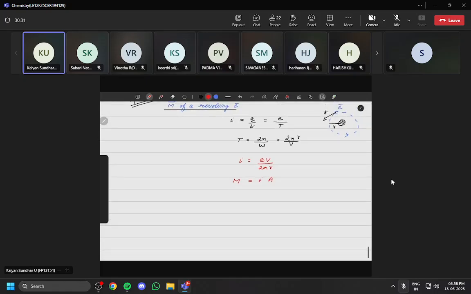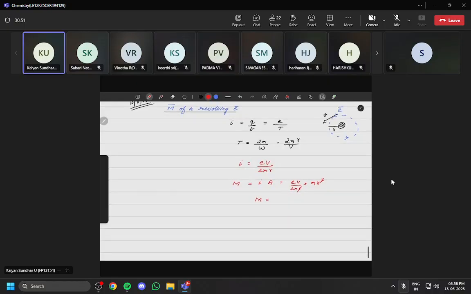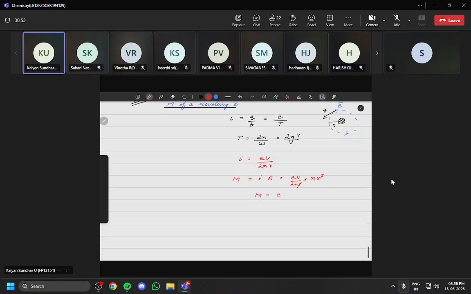So I into this: this is the current value and the area vector, and this is making what motion? Circular motion, and it's going to cover an area of the circular path. So area of a circle will be pi r square. So I can write this as e v divided by 2 pi r into pi r square. This will get cancelled. So the magnetic dipole moment of a revolving electron will be e, pi and pi will get cancelled, e v r divided by